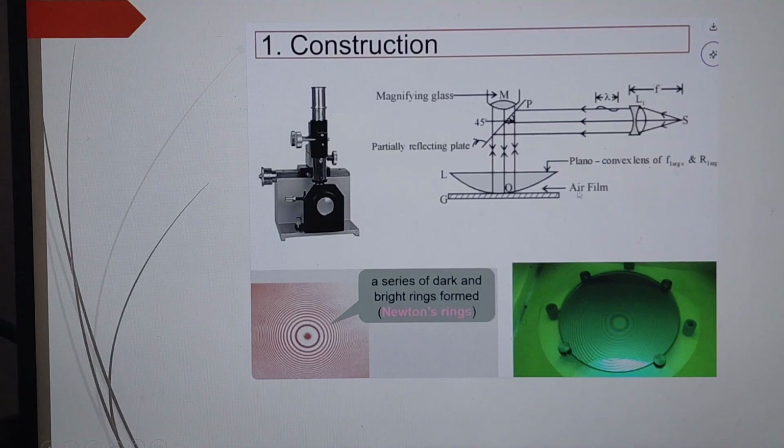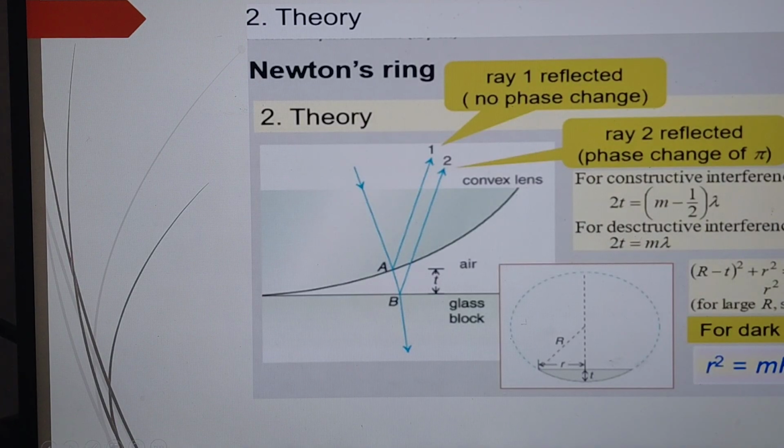So this is the construction of Newton's rings. Then we can discuss the theory and conditions. See, this is the plano-convex lens. Here it is the reflection, the interference phenomena, and the superimposition of light